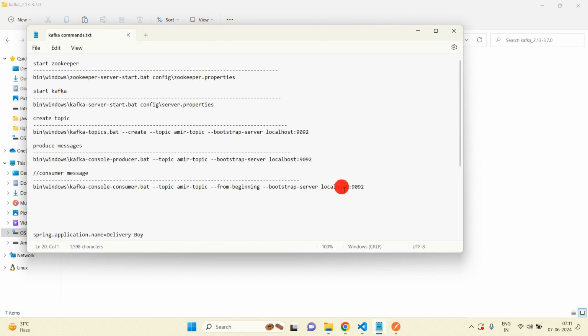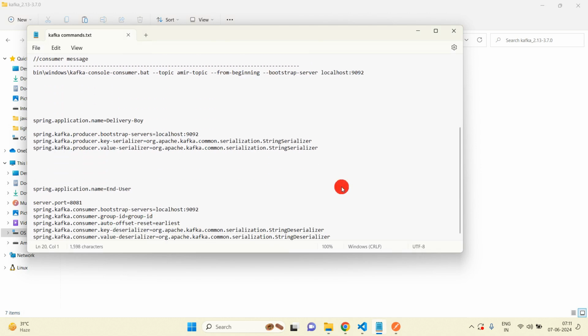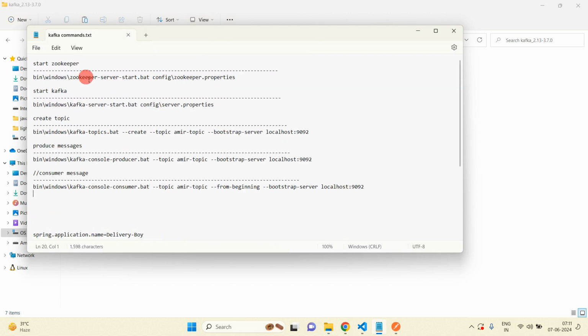These are the commands which I have, which we will use in this video to start Zookeeper, Kafka, and to create the topic. Firstly I am going to start Zookeeper.